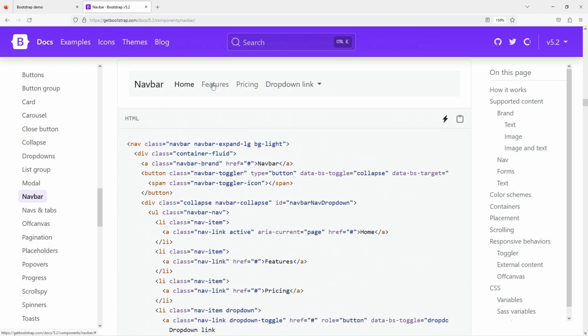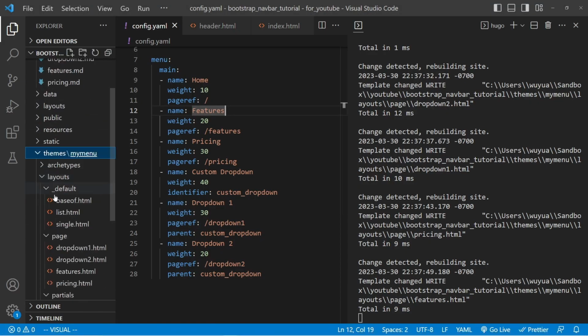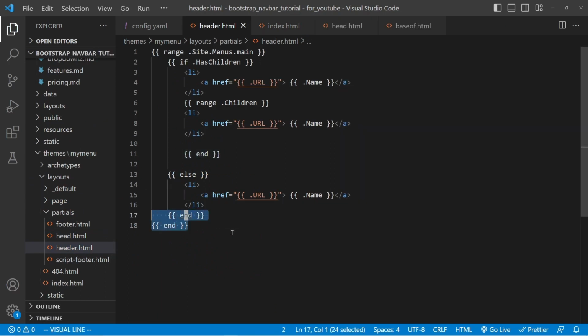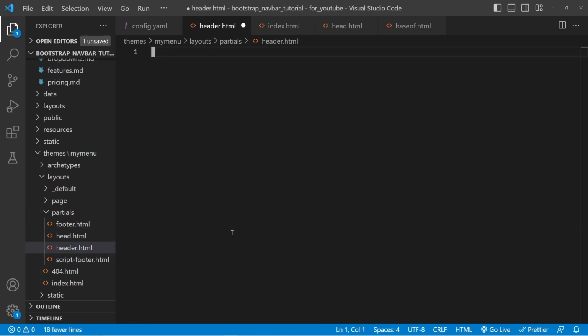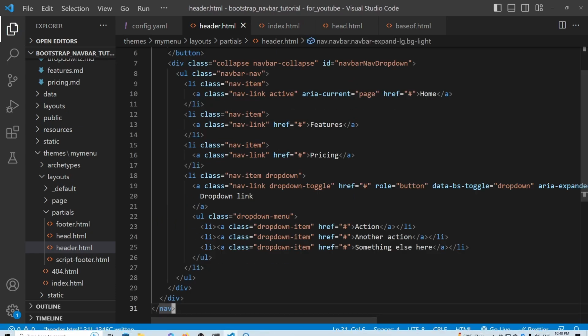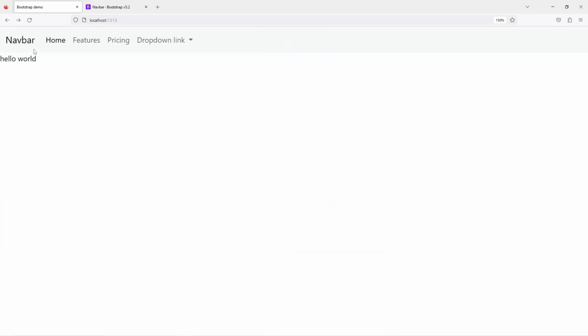And we'll be using this navbar here where it's got the dropdown link. So copy this HTML and go back to your code. Go to your themes menu, layout, partials, and the headers.html file. For now, I'm going to remove the simple menu that we just created and just paste in the HTML code that we just copied. If we just save this and go back to the web browser,